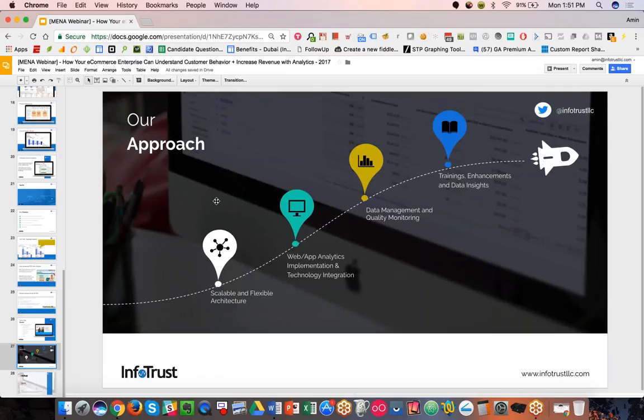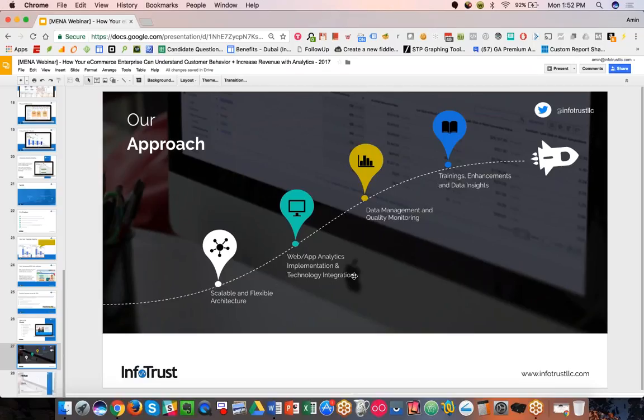We always look at how to build scalable and flexible architecture. And when we say architecture, we don't just mean technical design. It's a lot of that, but it's also understanding the business processes, the business questions, and what type of data will really drive the business forward. Instead of implementing everything under the sun, which may or may not be used or valuable, wasting a lot of time, energy, and resources, it's actually best to focus on the key drivers within any organization, large or small, and building an architecture that's scalable around that.